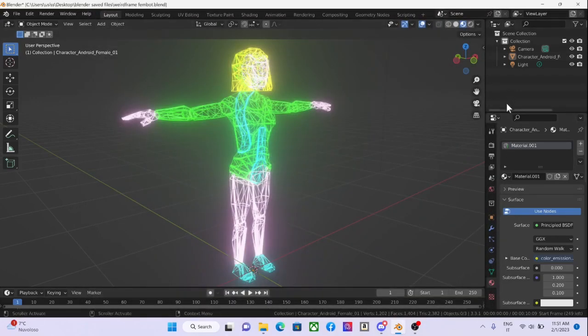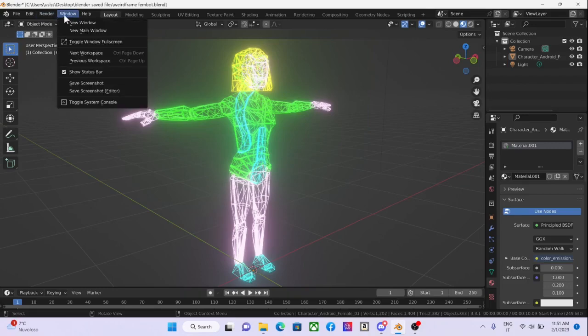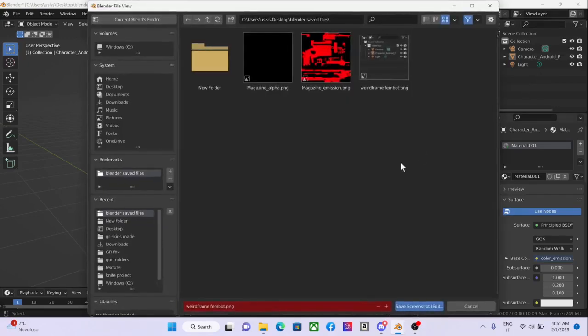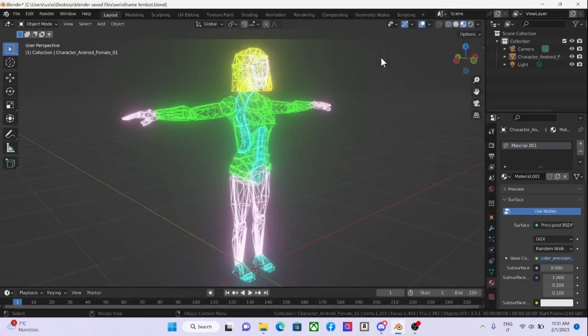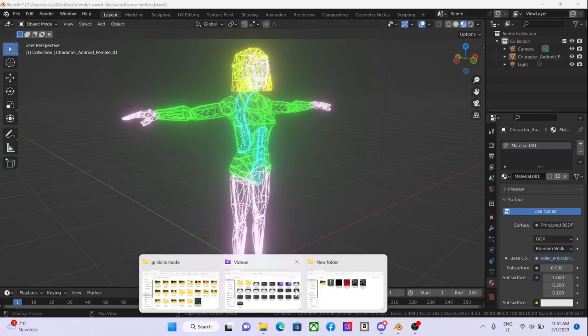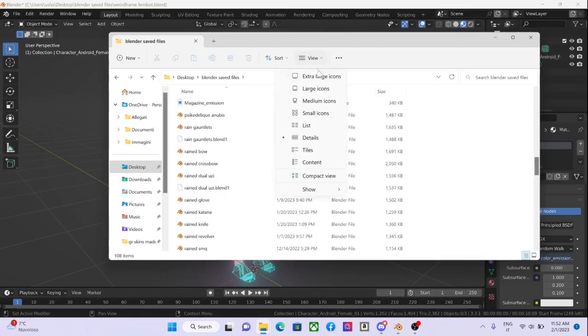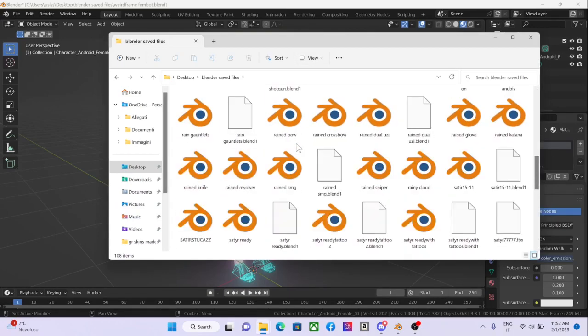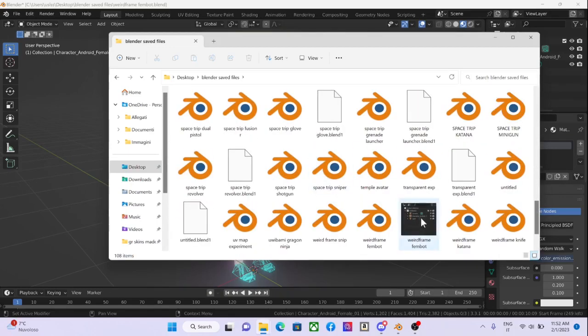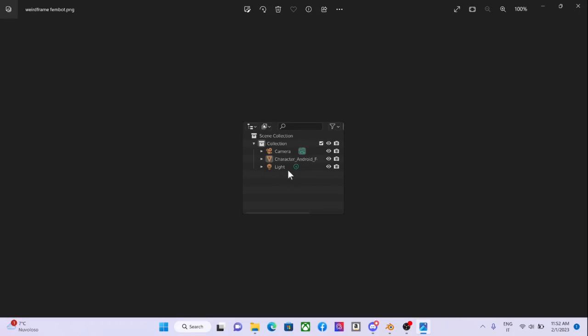I don't know where I saved it. Always check where you save. In Blender saved files. No. And it makes it. Yeah, again. Yeah, Blender saved files. I have to go. Wireframe. So yeah,